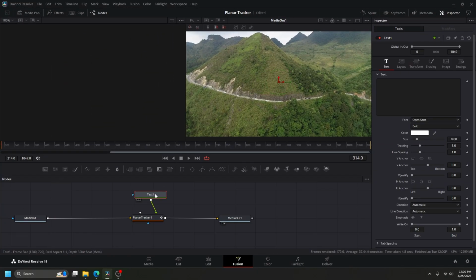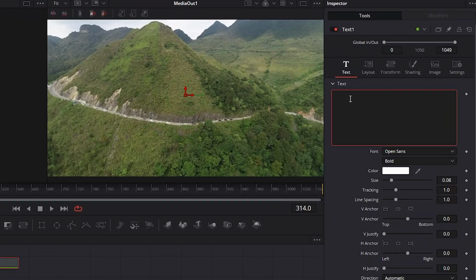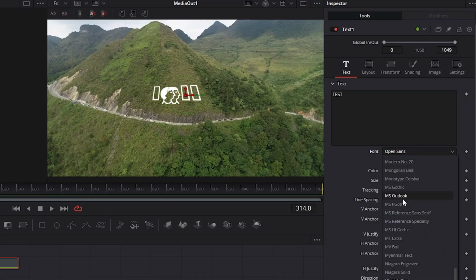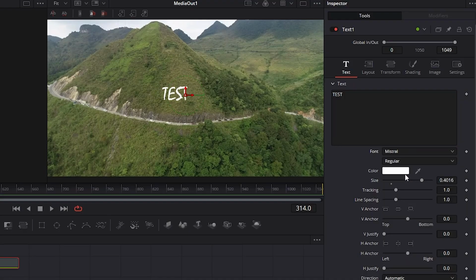and select the text node and type anything. For example, I'll type test. You can see the text is visible here now, and let me adjust the size, the font, as well as the font color. And now if we see,